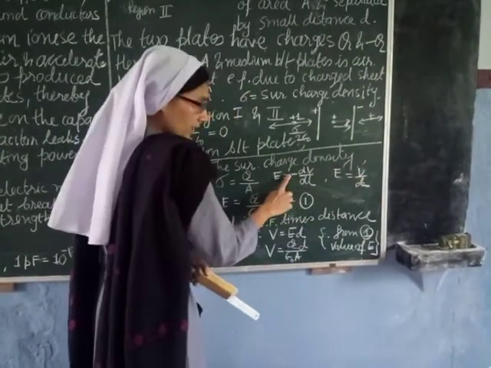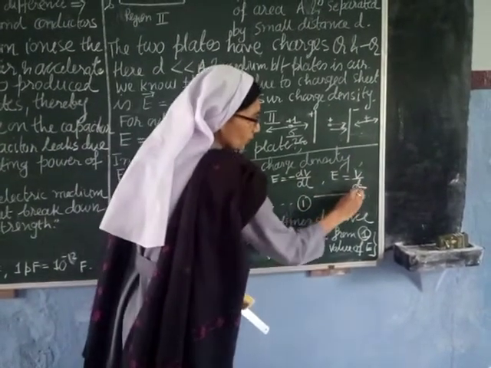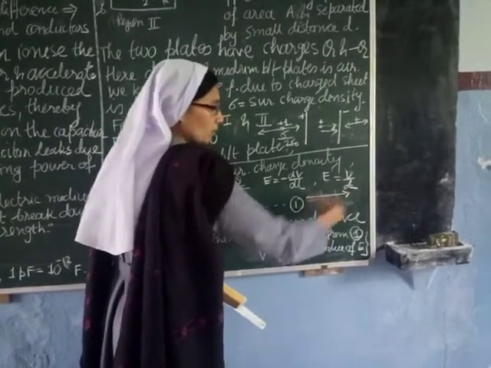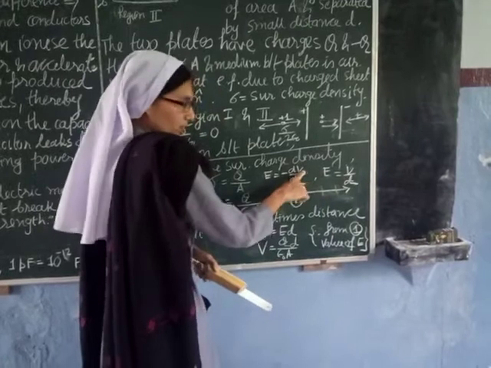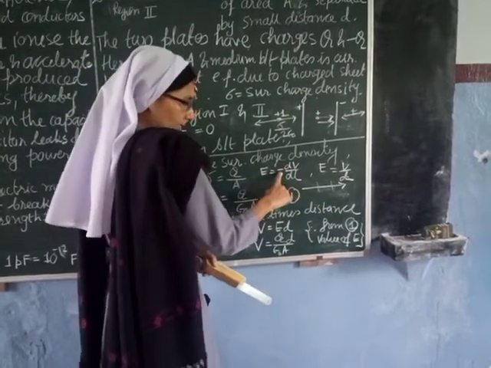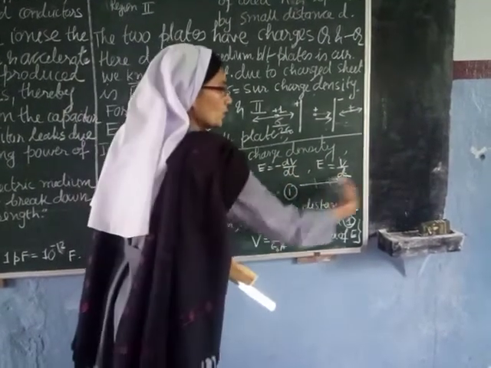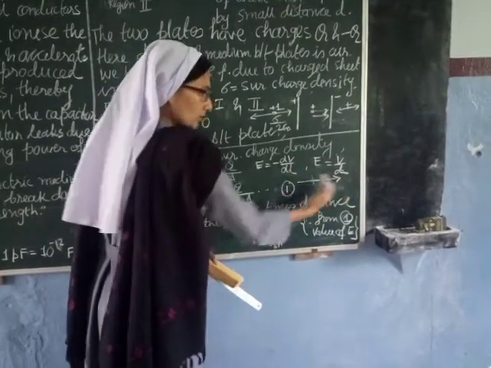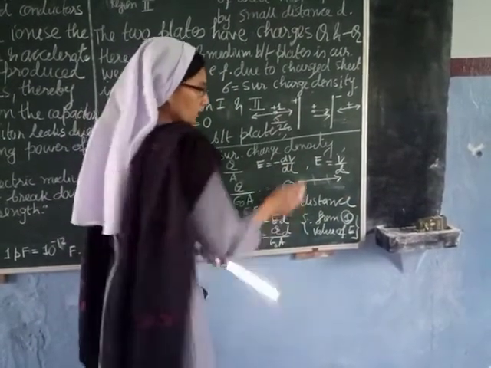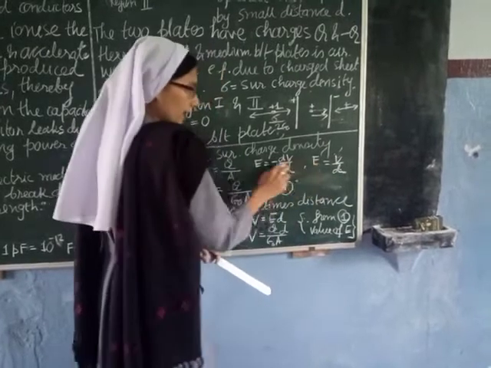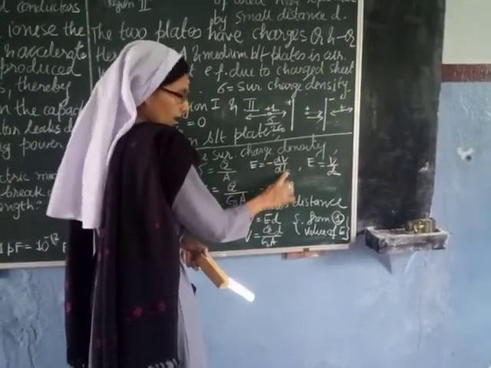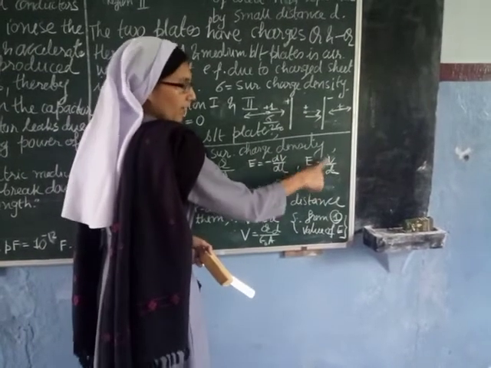The negative sign is for when, suppose the electric field is in this direction, as you move away, the potential difference will decrease. So negative sign. As you move away, V will decrease; as you come this side, V will increase. So we are not going to consider the negative sign. Without the sign, I take E is equal to V by D, because my distance is D and V is the voltage.